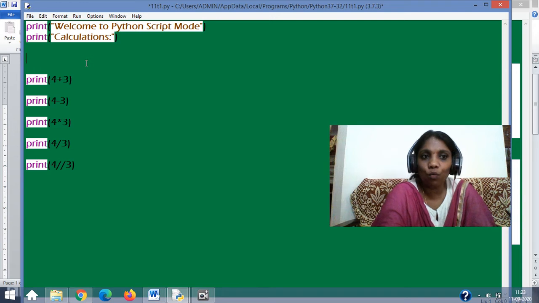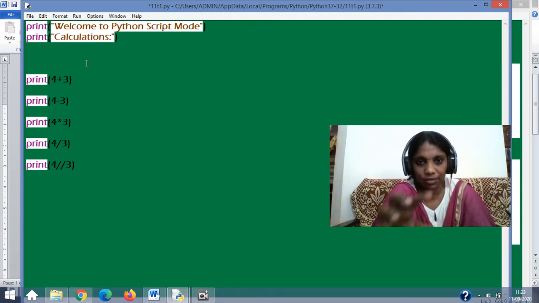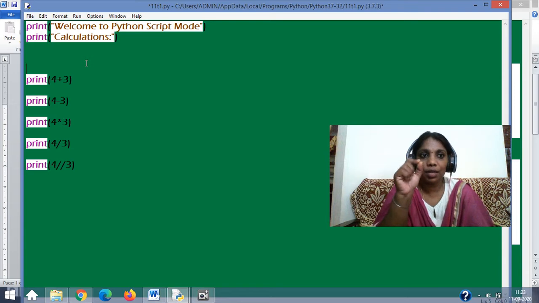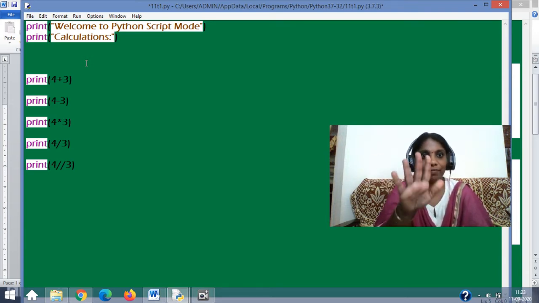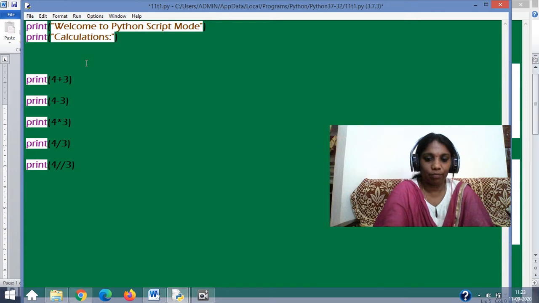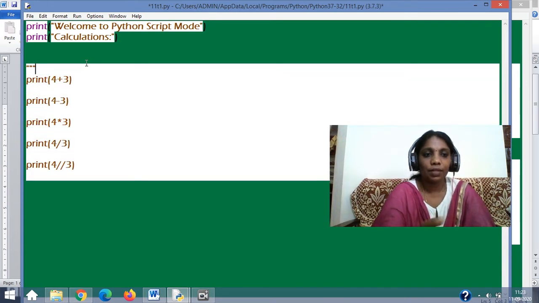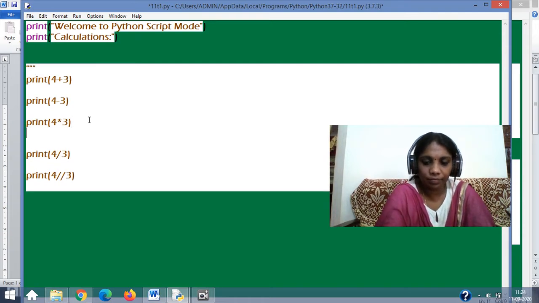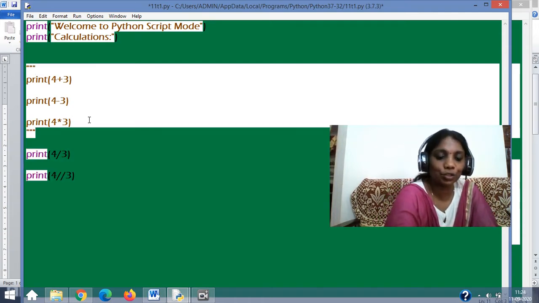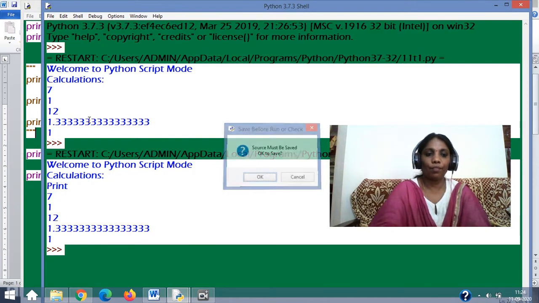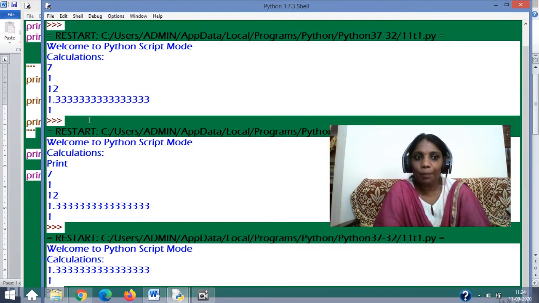Now if I don't want any of this to be printed again, I can comment or deactivate those commands and keep them here itself, even if I run the program. Meaning I am putting three quotes here and closing it here. Now let me run it and show you what happened.